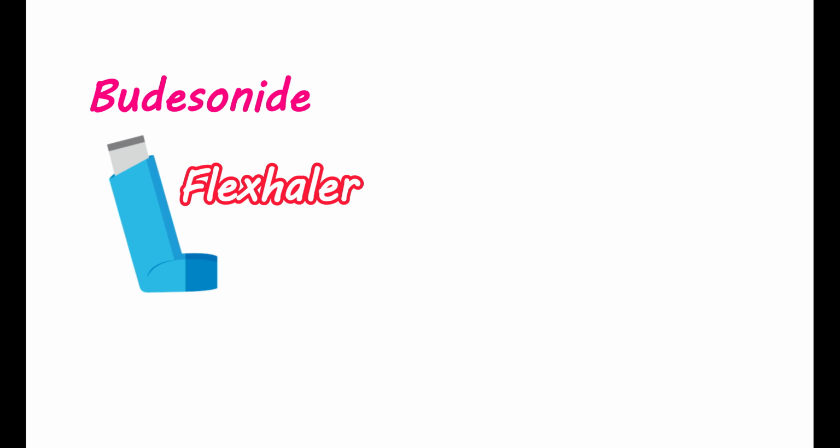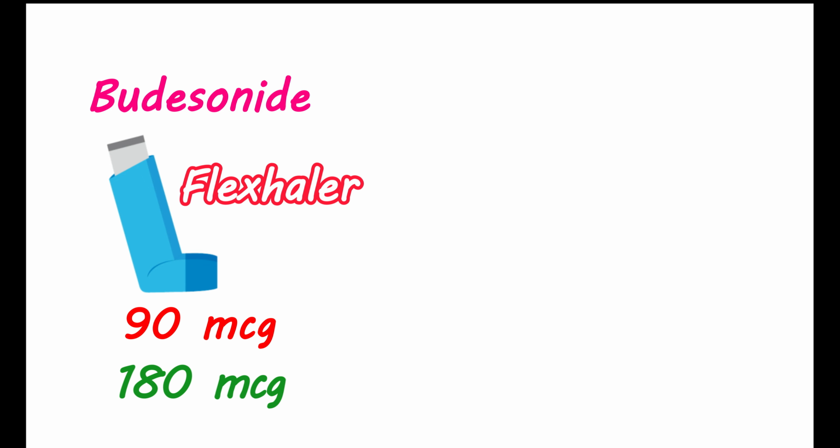It is also available as Flexhaler as an inhalation powder. The inhalation powder can be used in adults and children with an age greater than 6 years. They are designed to deliver a fixed amount of medication each time with single actuation. They are available at 2 strengths, 90 micrograms and 180 micrograms. When you use a Flexhaler with a strength of 90 micrograms, it delivers 90 micrograms of this medication with